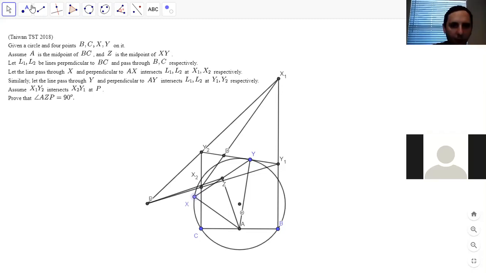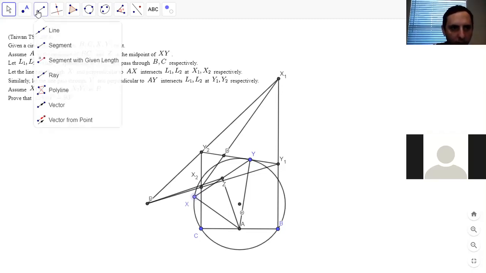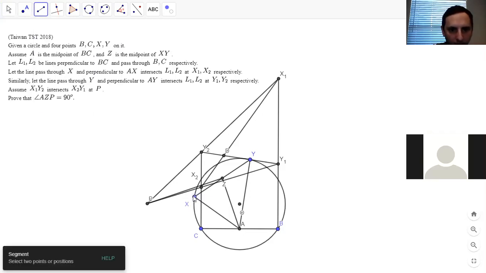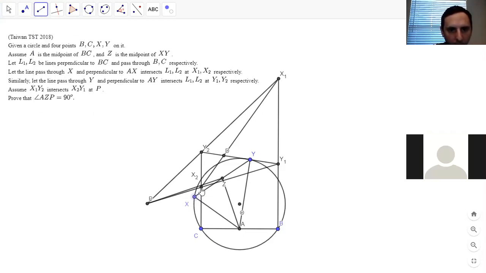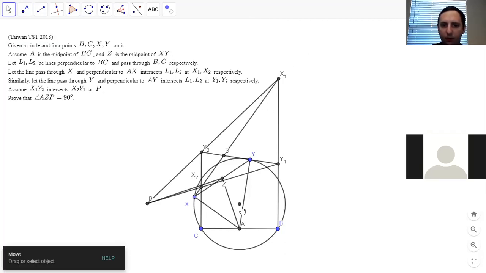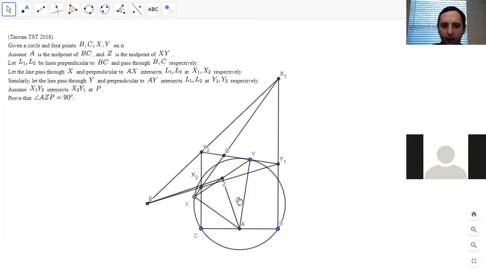So then I would want to draw. I guess it's a little asymmetric because x1 and x2 are on the same side of point X, but